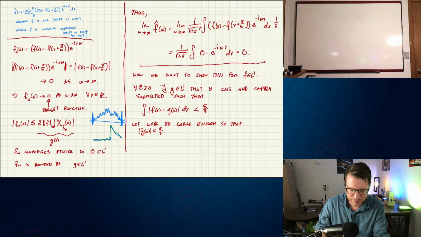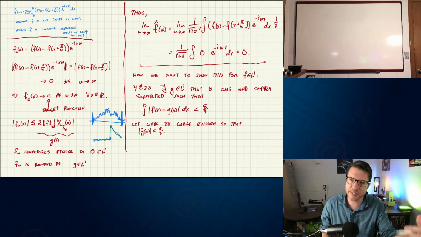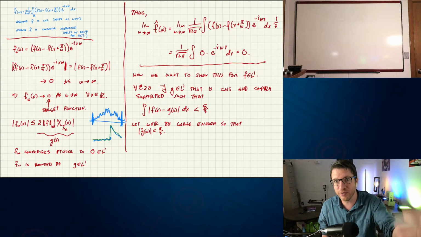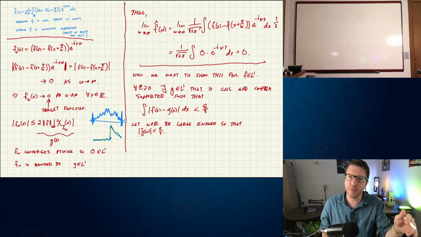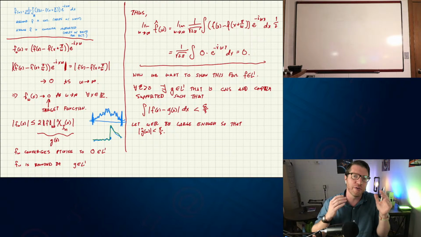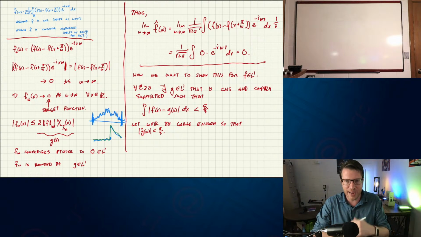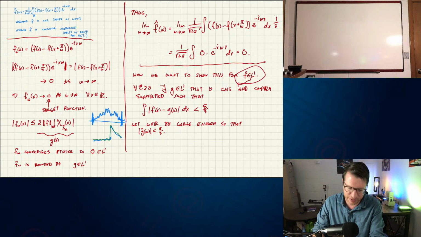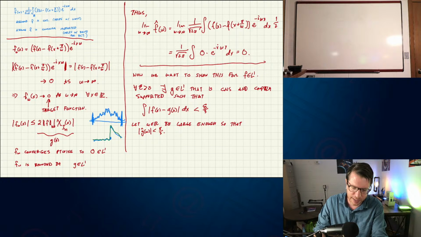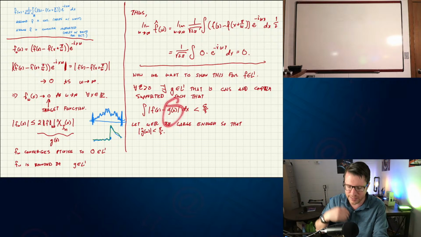then I said, okay, well, we want to do this not only for continuous compactly supported functions, we'd like to do this for all L1 functions. So to do that, we need to take advantage of an approximation ability that we have with compactly supported continuous functions. Basically, anytime we have a function f in L1, there's going to be some g that is compactly supported that can get as close as we like. So f is fixed, epsilon we fix that real quick, and now that epsilon is fixed, we can find this g.